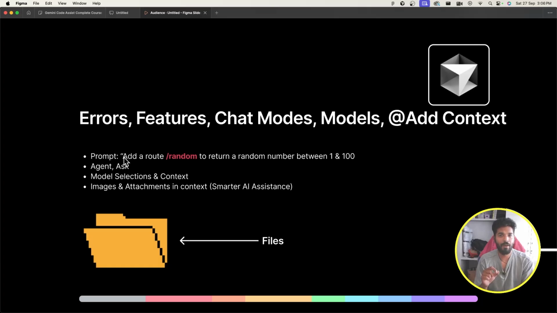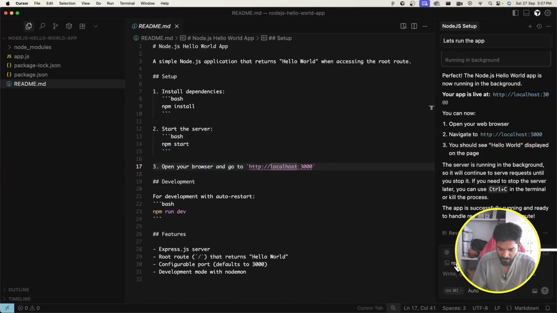It has already built our app, but we'll now ask it to add a new route and a new feature there. And let's see how Cursor interprets this. And we'll do this prompt, right? The prompt is basically, I want to add a /random route which returns a number between 1 and 100 inclusive,